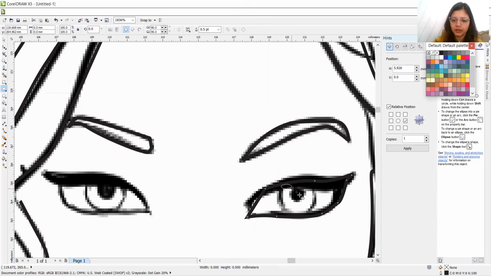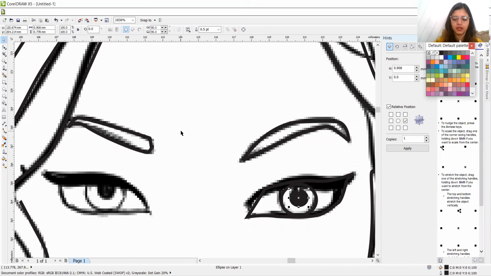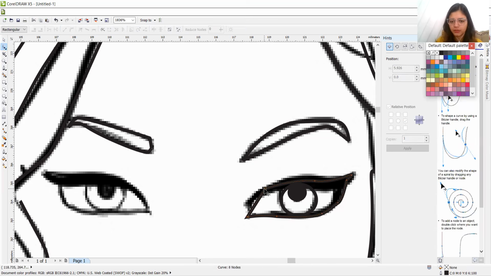Make the inner circle, then one circle, fill the color, like this is the color, so let's fill it and place it over here. If you want to shape it, you can simply shape it like this.